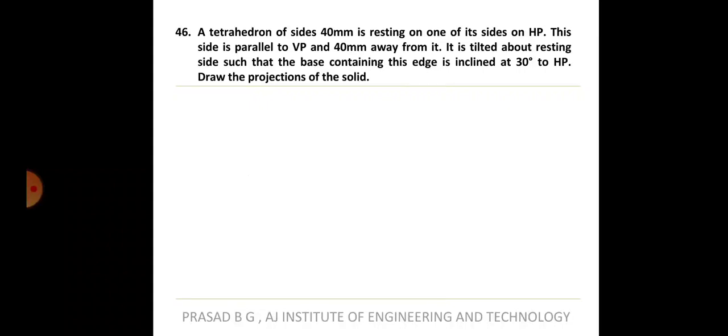Okay, so if I try to differentiate between a pyramid and a tetrahedron, in a pyramid you have a base, and then you have lateral slant faces. Now the height of the slant faces will be different from the base, isn't it? Usually the base may be say 25 mm or 30 mm, but the axis height will be 50 mm or 60 mm. That means the slant faces will be much bigger. But in the case of a tetrahedron, whatever the base is, the lateral faces will also be of the same area.